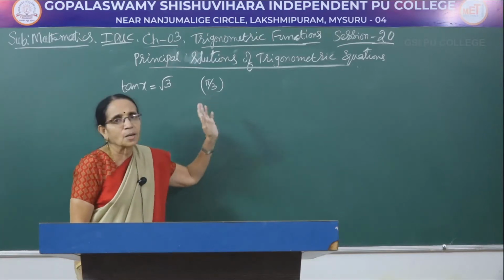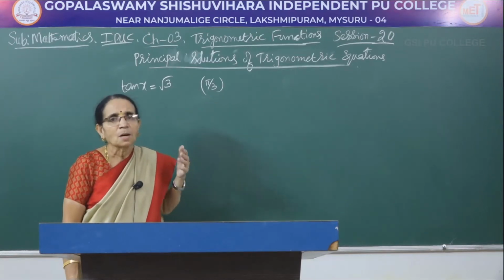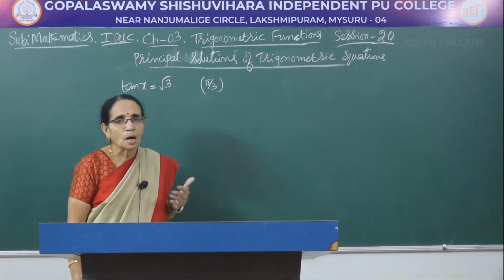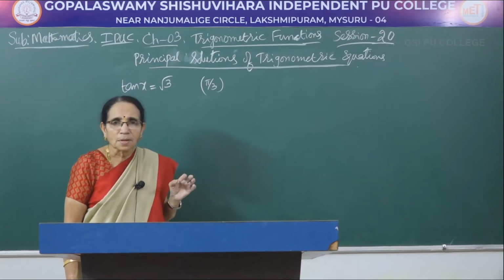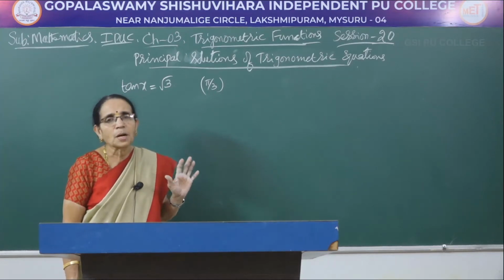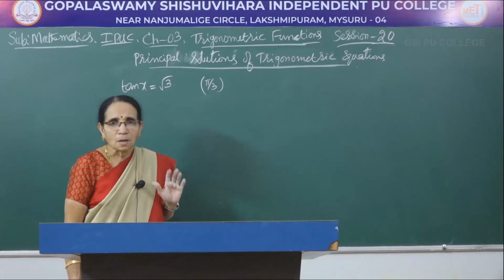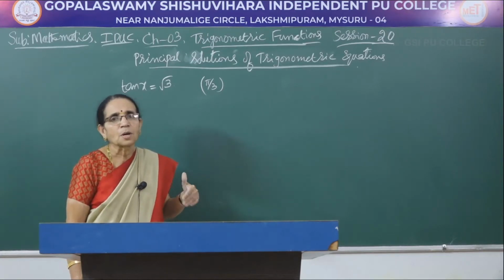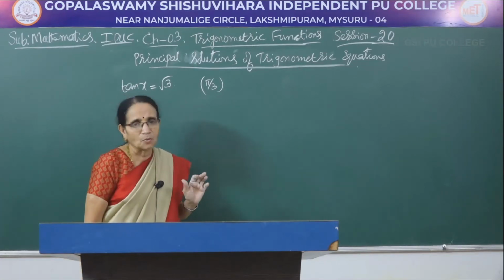First quadrant means directly you can write the value as pi by 3 or 60 degree. Third quadrant means, how do you write? How I have told you to write, you have to always express it as pi plus something. Now in the third quadrant, if you write pi plus something, the same tan function continues and then you will be getting the same value.